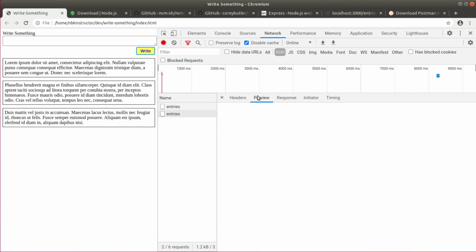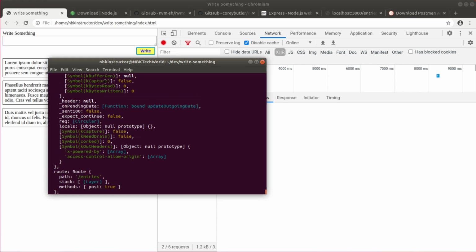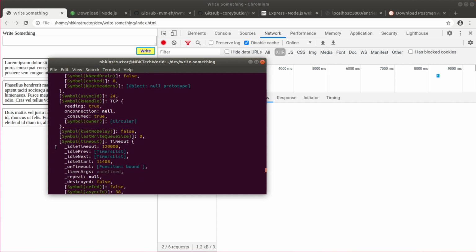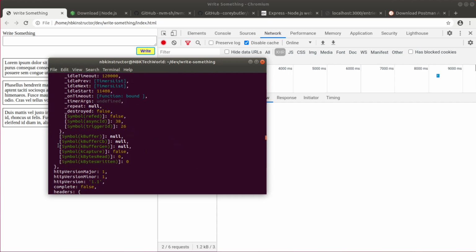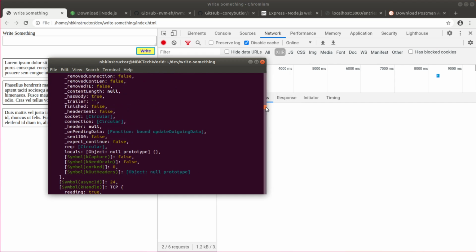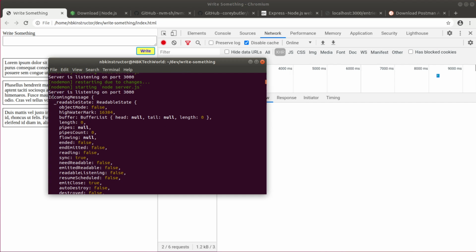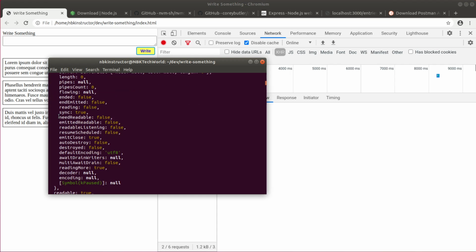Now let's see the response from the server. Okay, 200, that's fine. Now let's take a look at the terminal, because the server is running here, and if you do a console log from the server side, it's going to appear in the terminal. So it's a lot of stuff, and this is the request object, and that's a lot of stuff in here. But let's start from the beginning if we can find the beginning. There you go. So incoming message, other stuff,